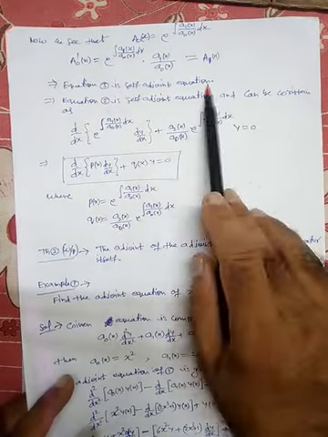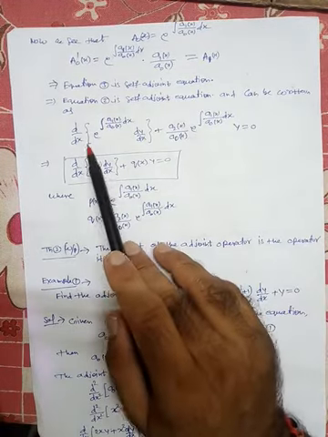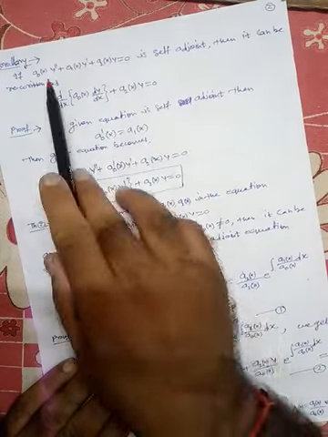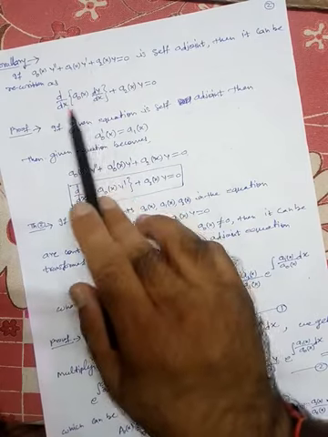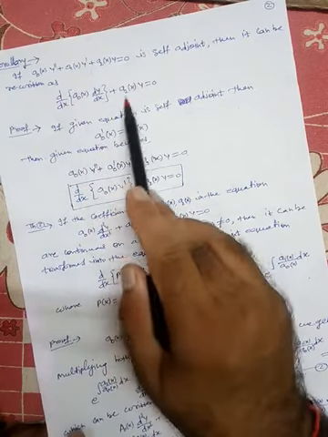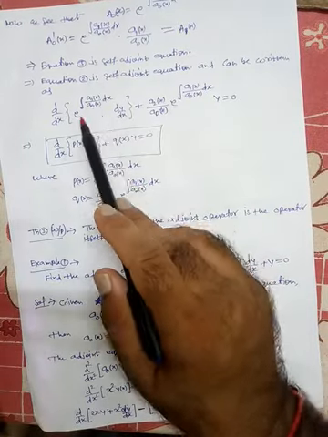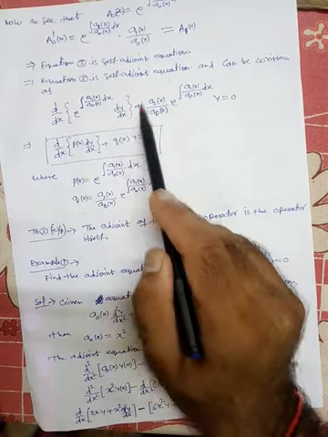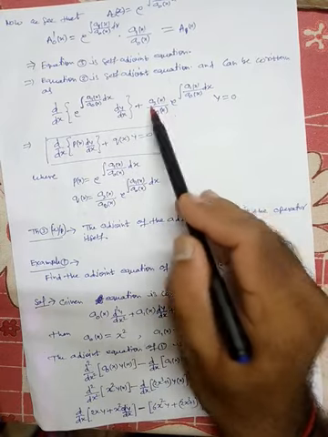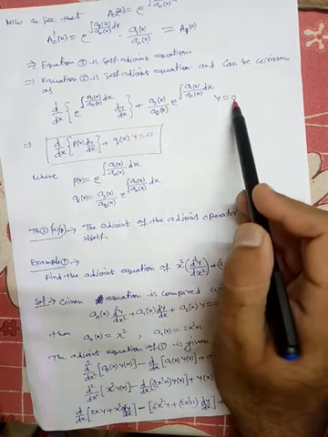Equation 3 is self-adjoint, that means equation 2 is self-adjoint and can be written as, according to this, if an equation is self-adjoint then we can write down the equation as d by dx of capital A naught x dy by dx plus capital A2x. So what is A naught? A naught is nothing but this integral e raised to the power a1 by a naught x. This is A naught dy by dx plus this is A2, a2x by a naught x e raised to the power a1 by a naught dx, y is equal to 0.